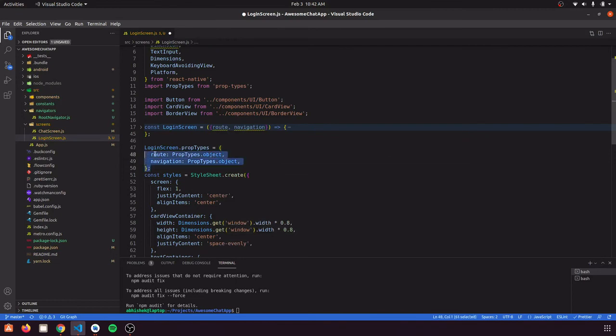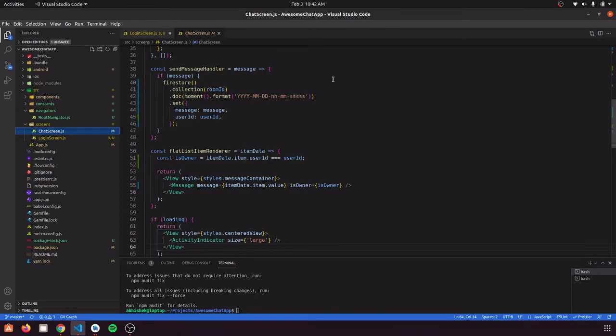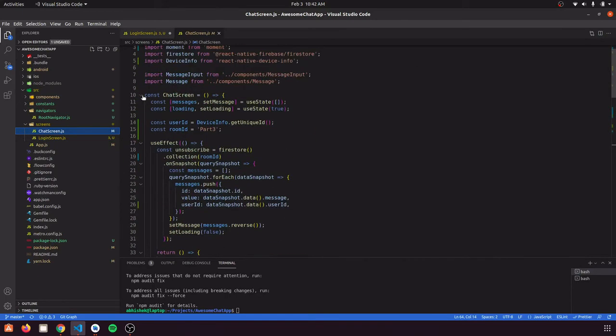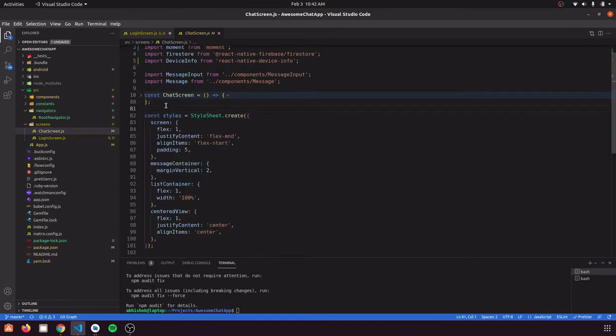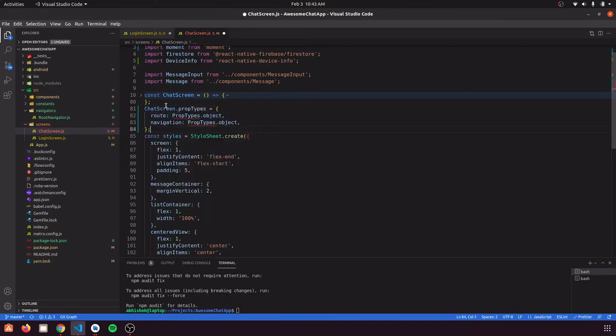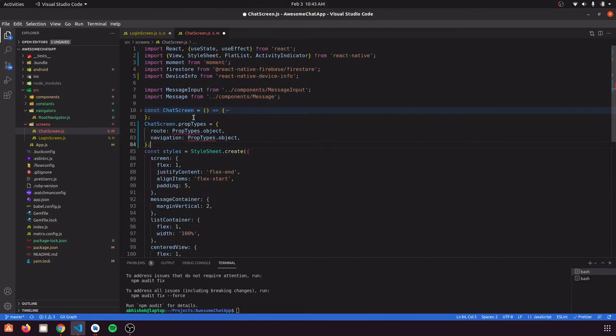And same with this chat screen also, it will also have these two props. So let's just import prop types.